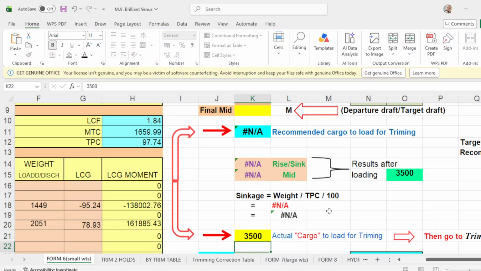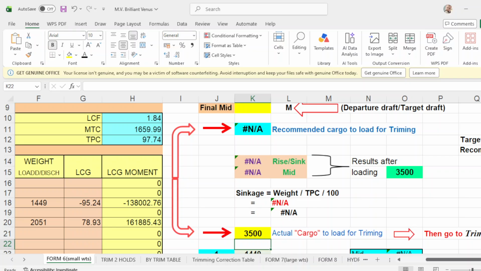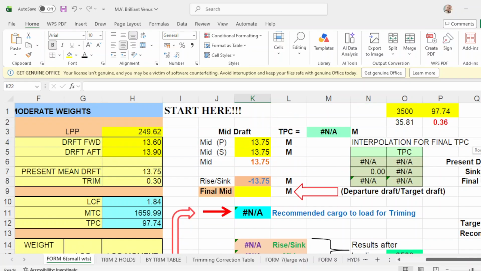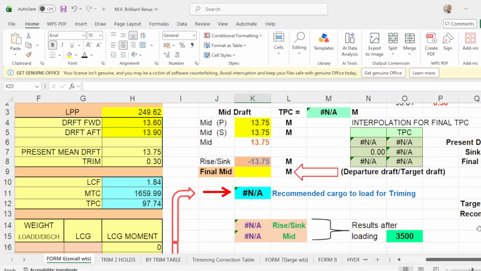So 3,500 divided with your initial TPC from your initial draft. That will be 35.81. Divide this by 100, that will be 36.